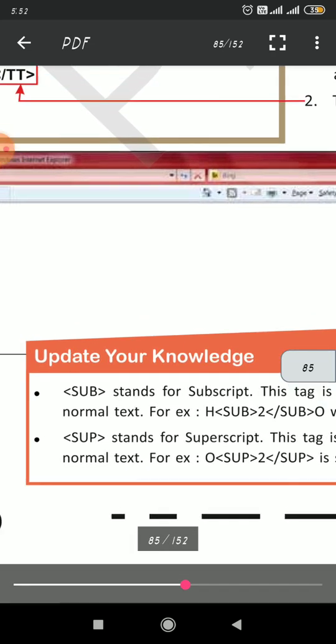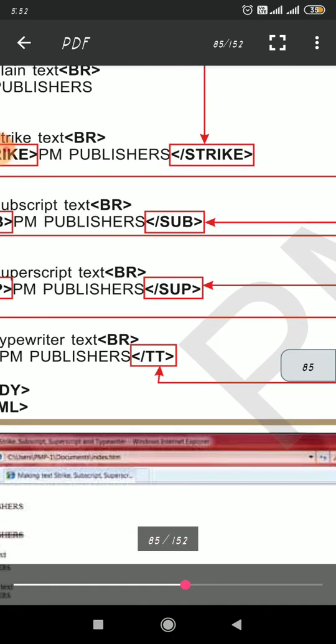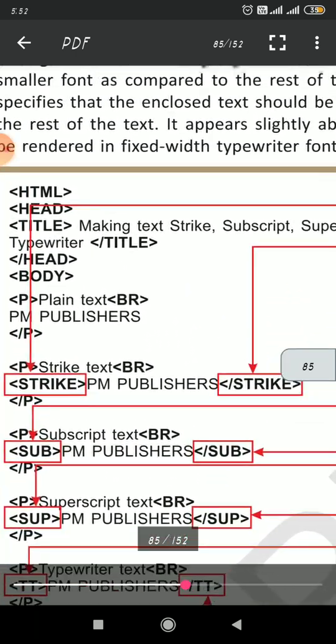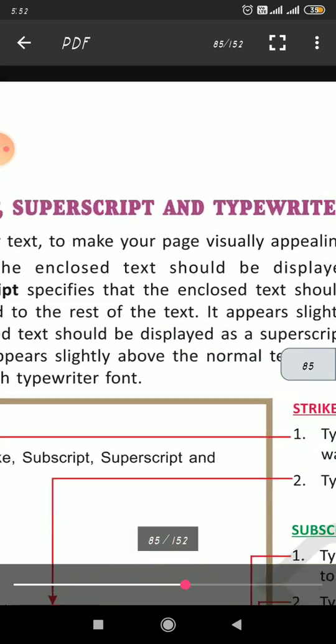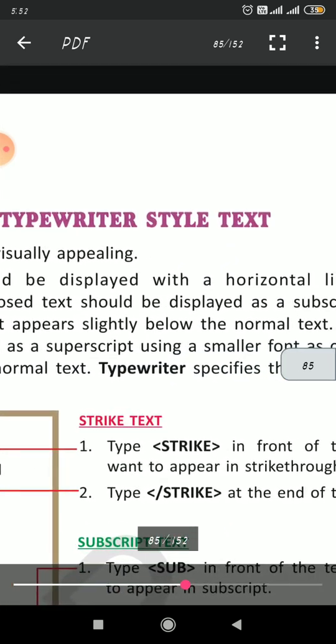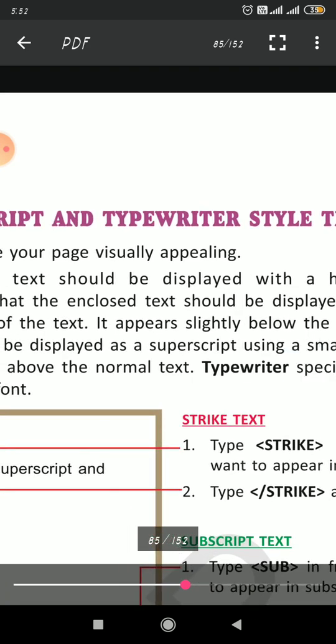So in this way, you can use different strike, subscript, superscript and typewriter style text for changing the appearance of the text if any important word, line or text is there in your web page.